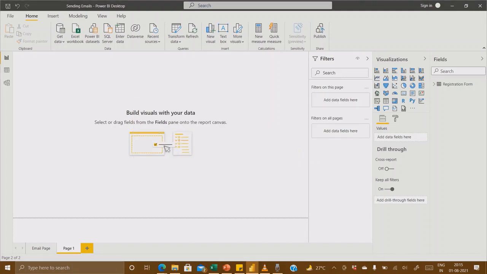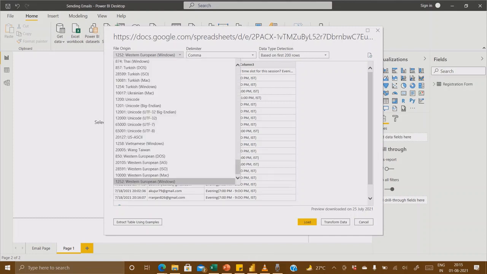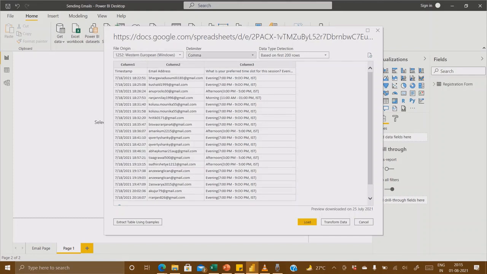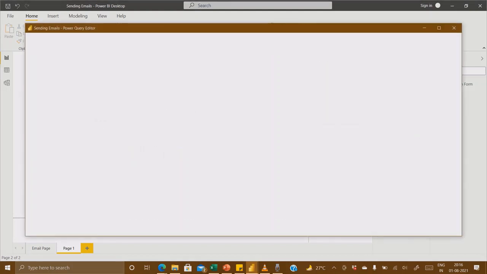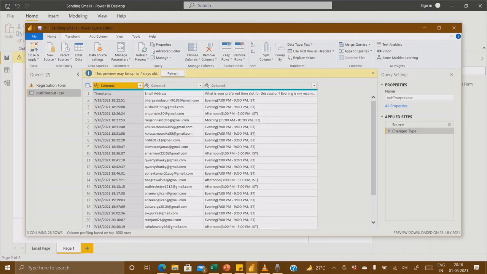And now you can see here, everything is here. You can change the file encoding type also. I will let it be as of now as Windows. You can see the delimiter here is comma, that is CSV, and you can see each of the columns. This is a downloaded preview. We can see basically our columns are not renamed. So instead of directly doing load, we can just click on transform data. It will be something like this.